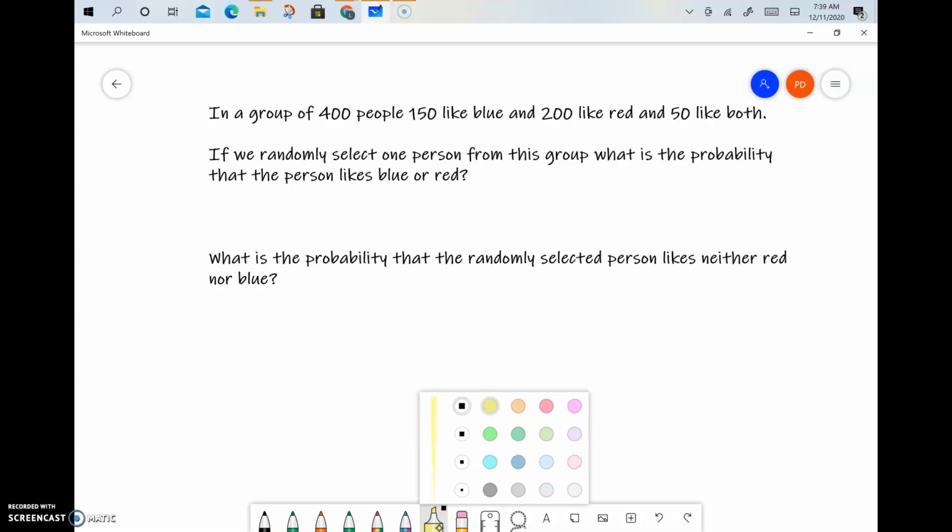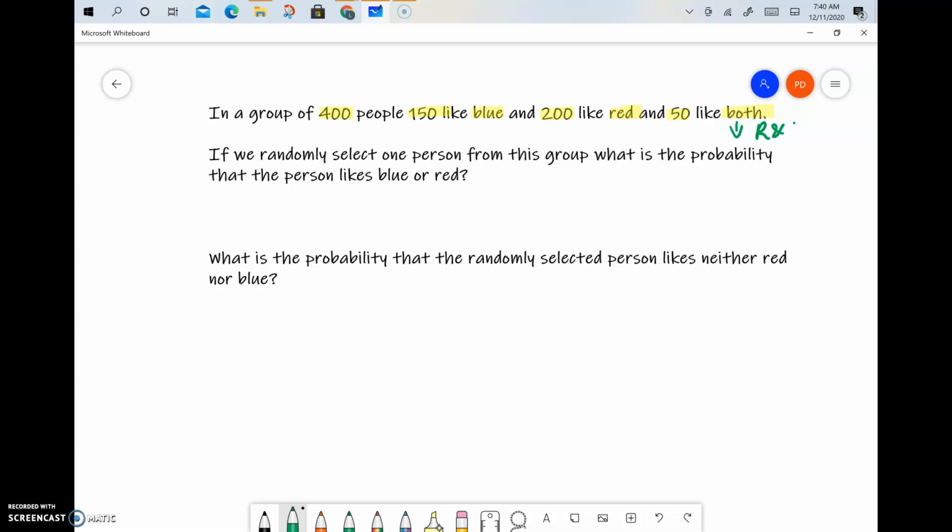So the group has 400 people, 150 like blue, 200 like red, and 50 like both. Both would mean that they like red and blue. So both would mean red and blue. So if we randomly select one person from this group, what is the probability that the person likes blue or